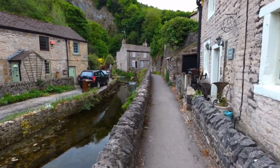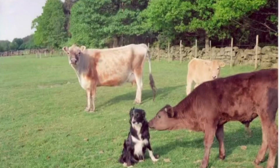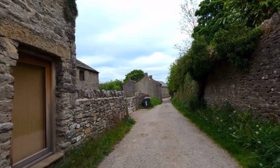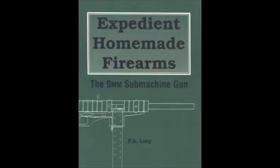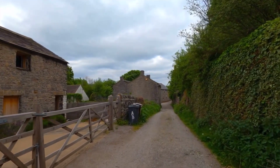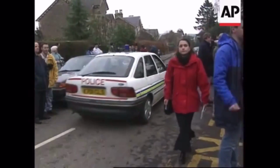The Unshackled Englishman. Phillip A Luty was a British pro-gun activist who grew up on a West Yorkshire farm, born in 1965. He is most famous for his book Expedient Homemade Firearms, the 9mm submachine gun, among other books. The background to what led up to this book being published started in 1996, where a mass shooting occurred at